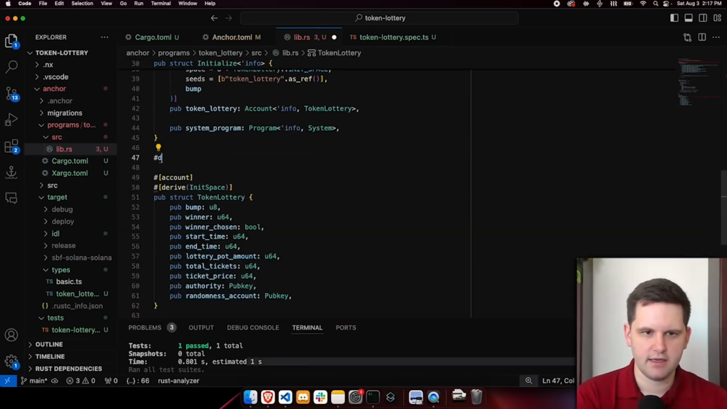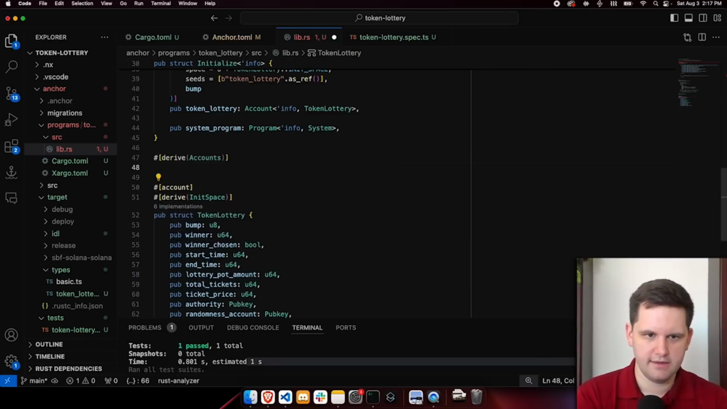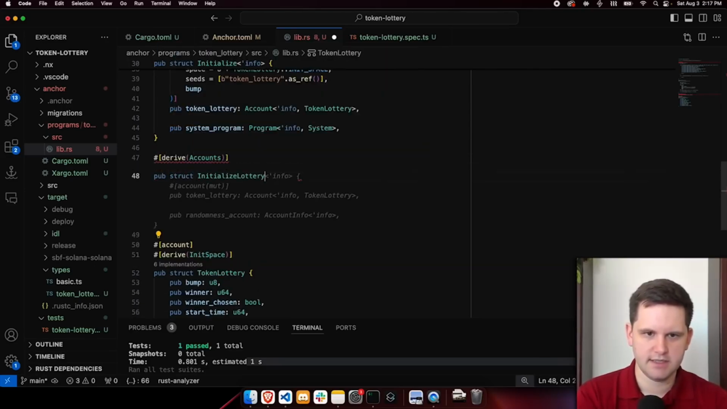So this is going to be a derive Accounts, and then pub struct InitializeLottery. And it's going to have a bunch of different things. So one thing it's going to need is